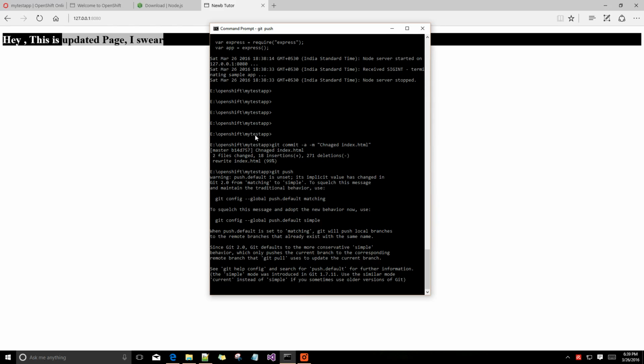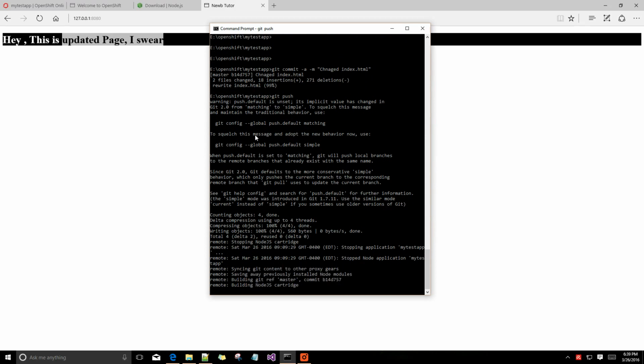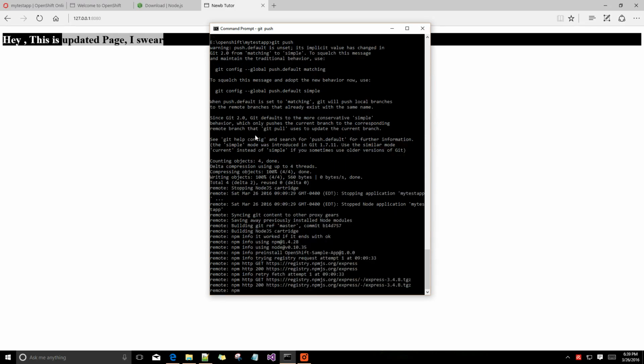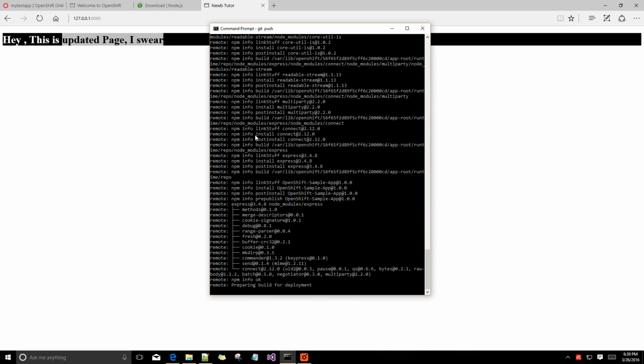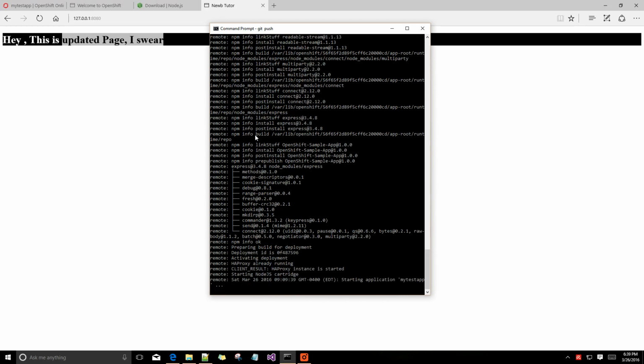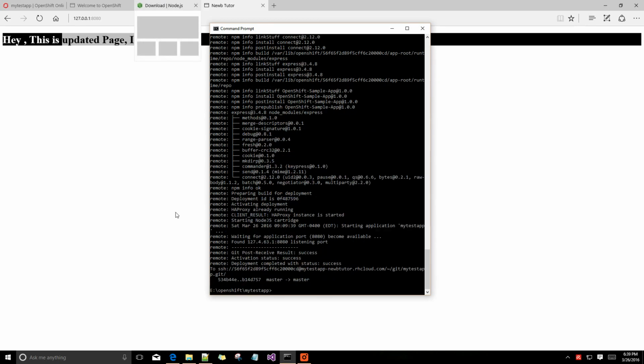It will ask for a password again. Okay. Yeah, it is pushing, sending. Oh, it takes so much. Oh, it is also pushing the node modules which we had installed. We really don't need to do it, but yeah, we can do it. So it's cool. It is pushed now. So our work here is done.